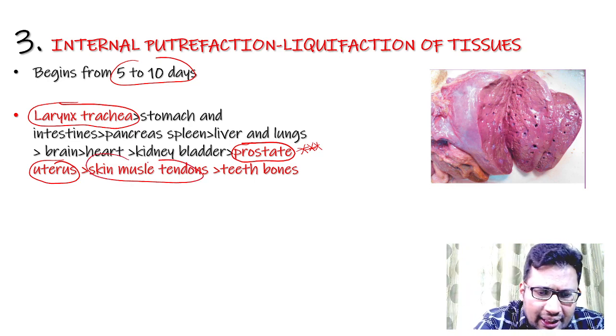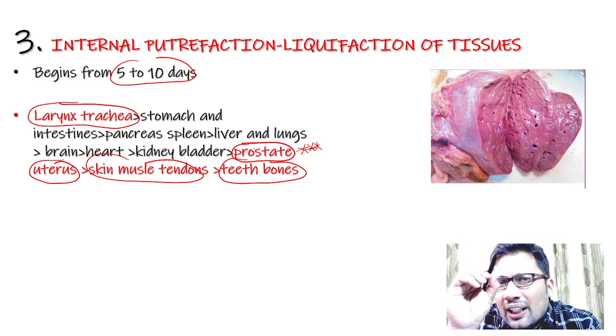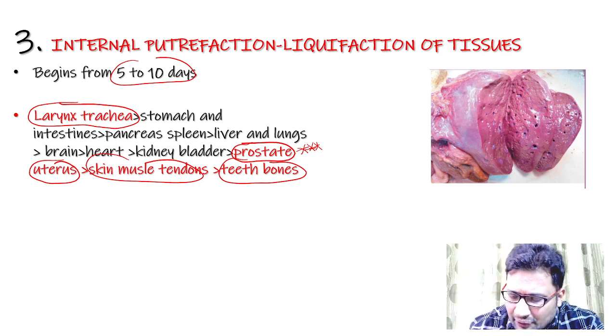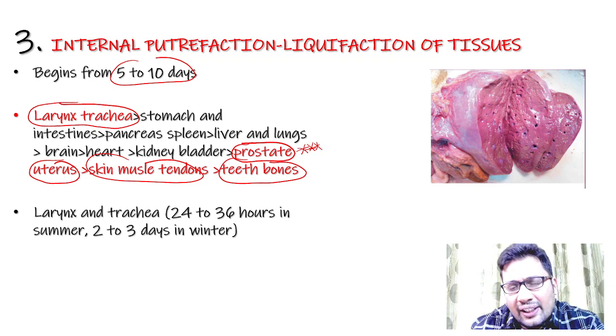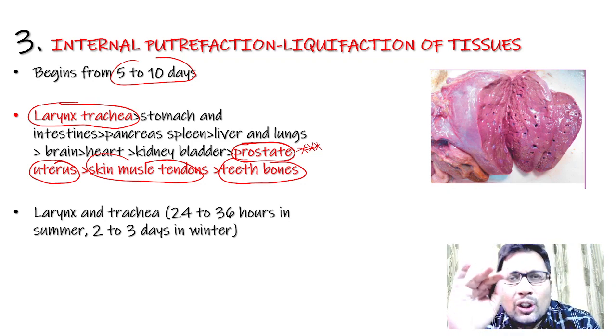Skin, muscle, tendons, teeth, bones. The last organs will be teeth and bones, or prostate and uterus; skin, muscle, tendons are the other organs. Let's see. In larynx and trachea, it occurs in 24 to 36 hours in summer, 2 to 3 days